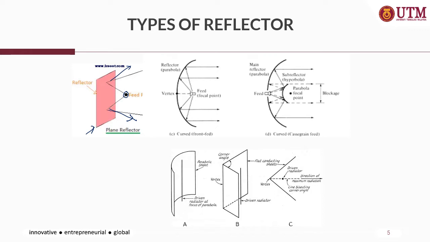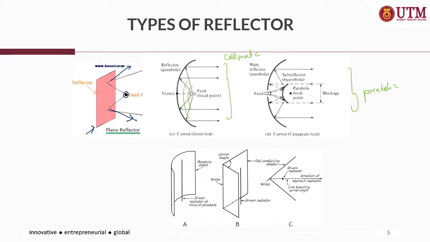And another type of reflector is the curved front end or Cassegrain feed, where a parabolic type of reflector is used, in which the waves from the feeder will be traveling in spherical motion until they reach the reflector surface, and the waves will be reflected back in phase. So these are the collimated waves. Okay, so it has a higher directivity compared to the plane reflector. Right, there's another one. So this is called the parabolic reflector,